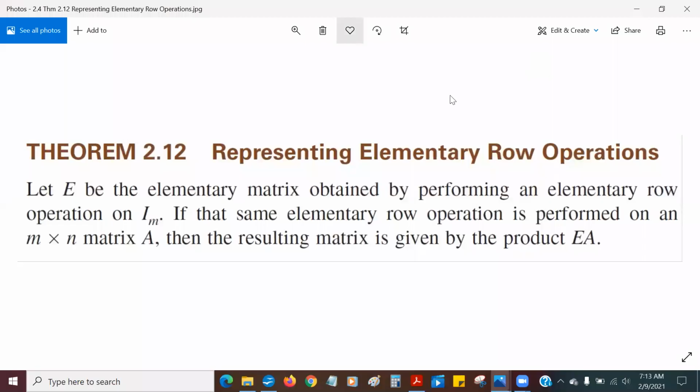Okay, I just have to say, I had to make a little correction. I pulled up the wrong theorem. Theorem 2.12 is this one right here, that if E is an elementary matrix, which is obtained by performing an elementary row operation, then the same elementary row operation performed on an n by n matrix gives a resulting matrix equal to the product EA. In other words, when I multiply, which is basically saying, well, let's see what it's saying. So going back to right here,